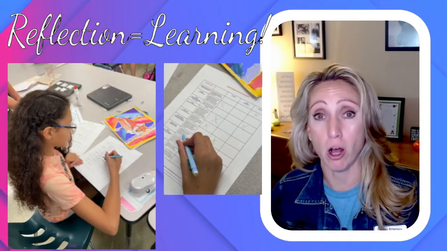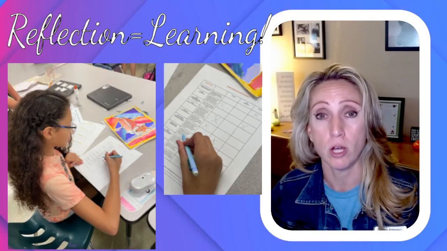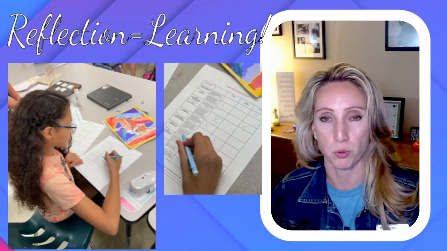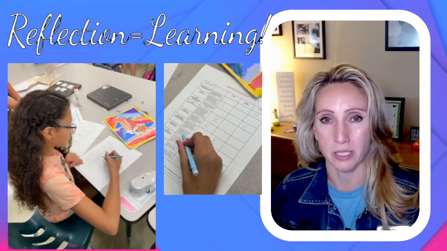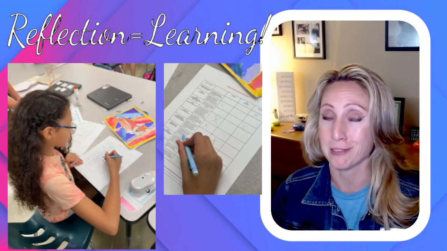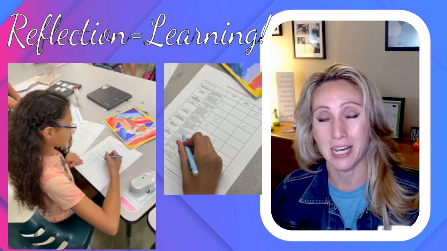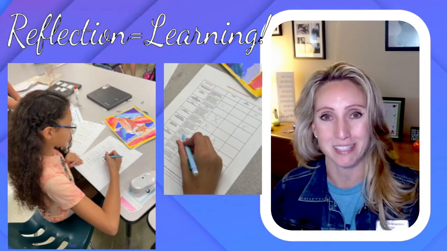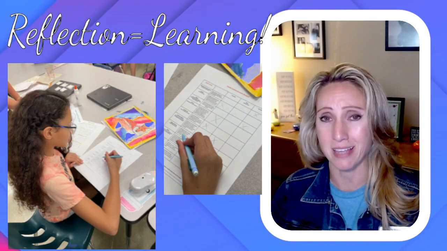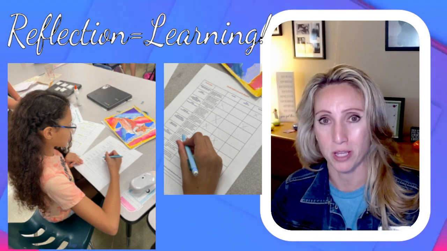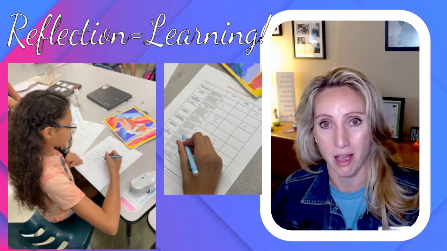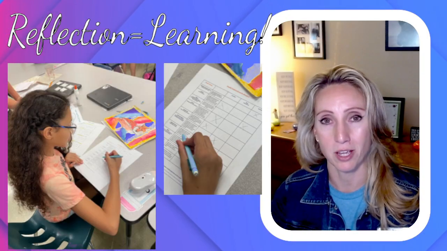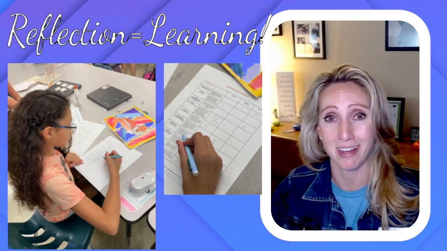But she also was able to share with me her goal for the next time. So she shared she wanted to increase and improve her research, but she said her goal is really that she wants to begin to take more risks with her artwork, and not be so structured and safe with it. That was really interesting to hear. It was a cool process that Miss Harper's kids are going through in art class every single time they complete a project. Great job of having clear criteria, Miss Harper, and for engaging your students in that level of